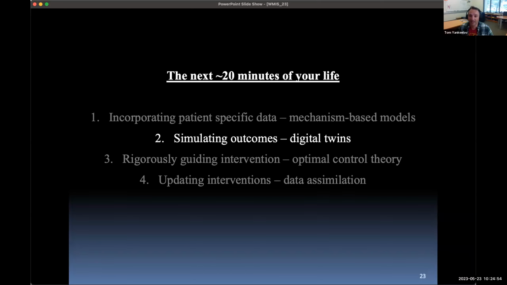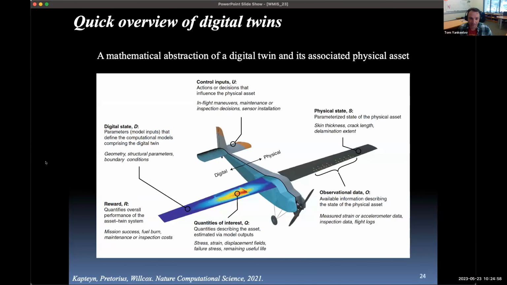Okay, all right. So then we'll use our mechanism-based models to try to power these digital twins. And actually, this is the second thing. If you get nothing else out of this, this is kind of a cool conception for digital twins, and I had nothing to do with it. So you know it's good.